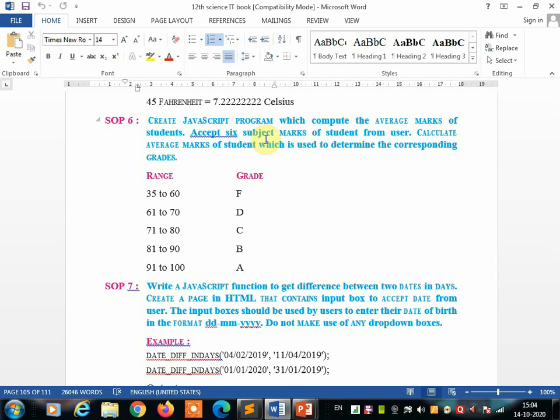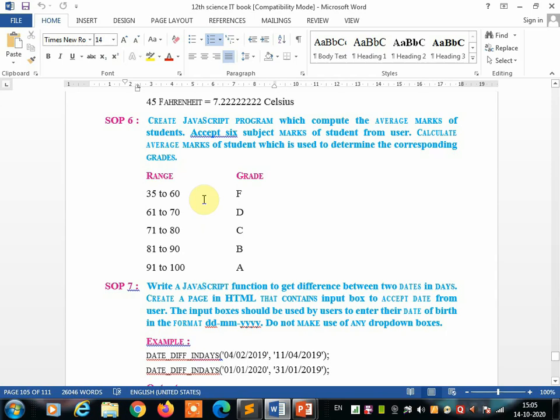Once it is taken, the total mark should be displayed on the screen. Once the total marks are calculated, then you are going to calculate the average. What is the formula to calculate average marks? Total mark divided by the number of subjects. For example, for 6 subjects, the total mark of the 6 subjects divided by 6 gives you the average mark. Once you get the average mark, you can start giving the grade. While giving the grade, you are going to use if and else statements. Once you use these if and else statements, it will display the grade depending on the student's average.